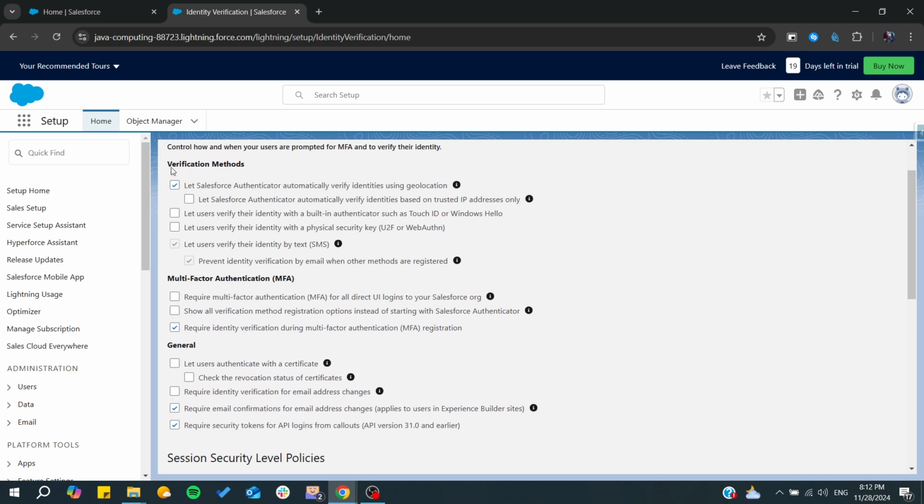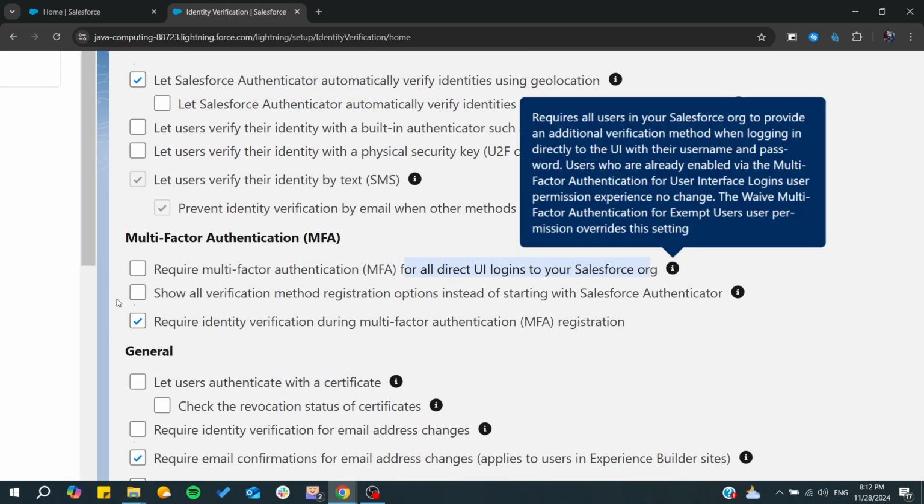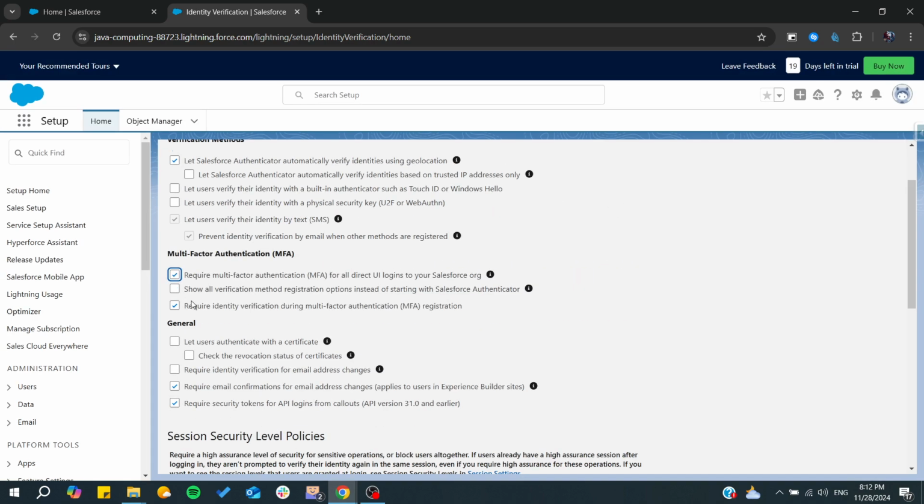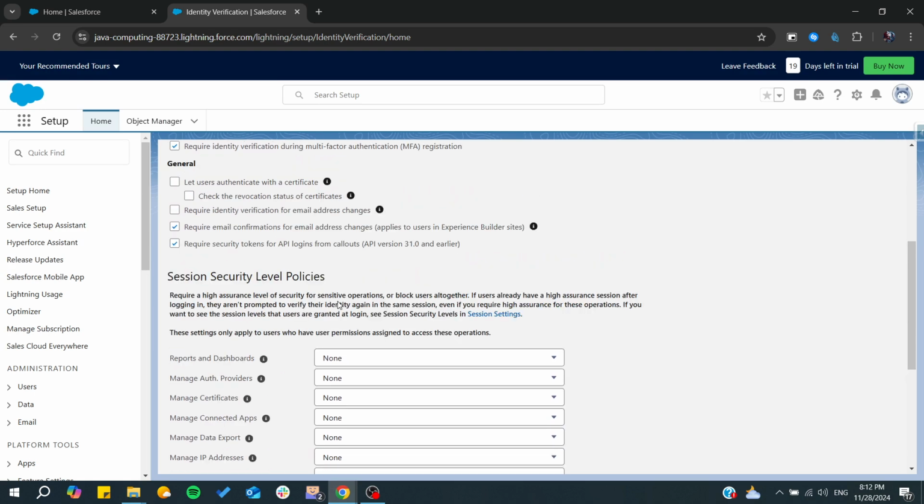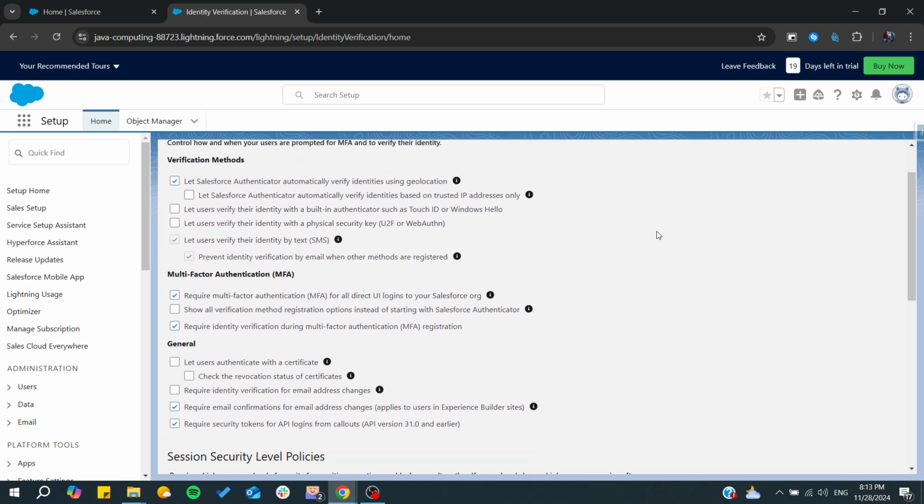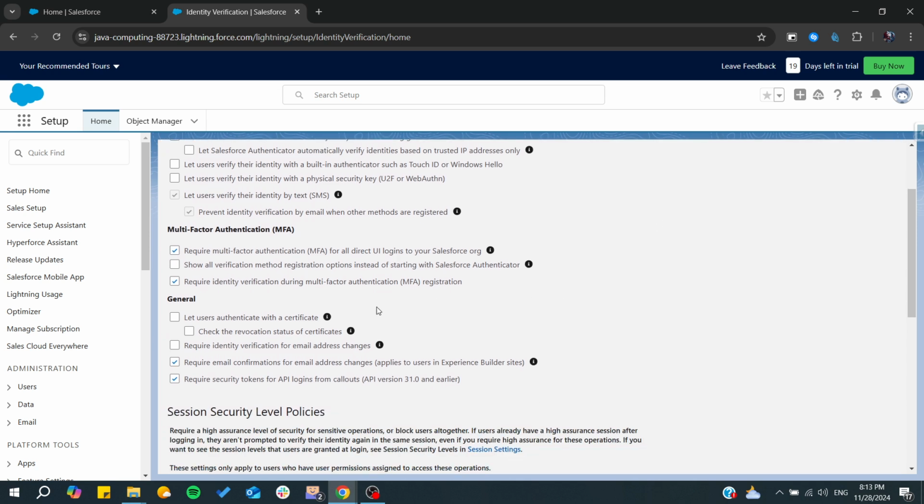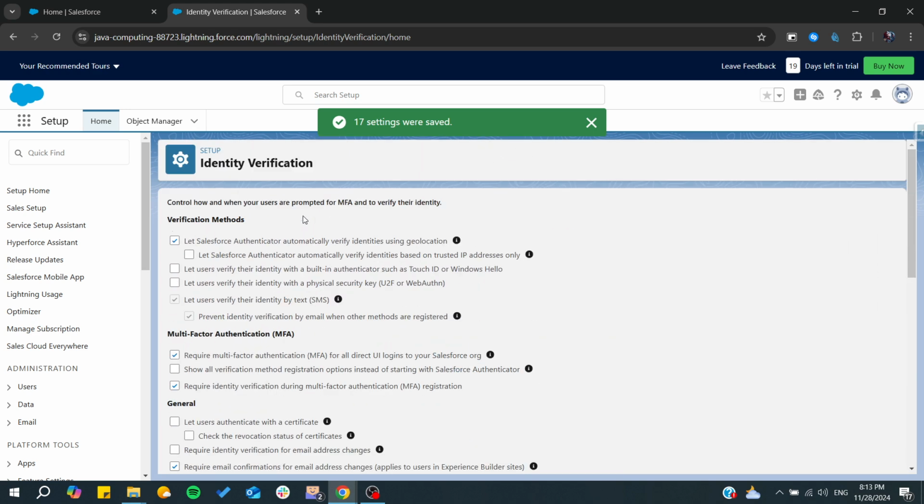So here we have the verification methods, and here we have the multi-factor authentication. So from here we can require multi-factor authentication for all direct UI to the Salesforce org. So now we need just to enable it here, and then we will have it enabled in our organization. So now all we need to do is just to do save, and now we have our setting that